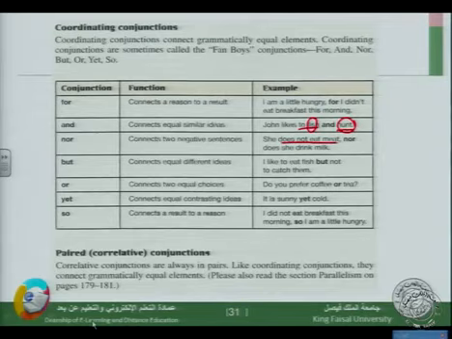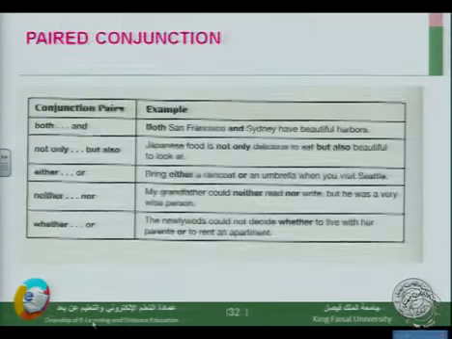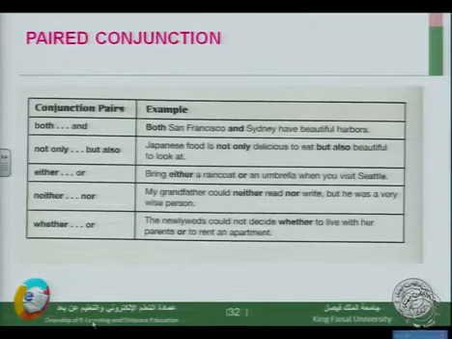She doesn't eat meat, nor does she drink. Doesn't eat. Notice here we have a clause and here we have a clause. Nor, therefore, is one of the coordinating conjunctions that joins the same structures together. Also, we have talked about the paired conjunctions: both and, not only but also, either or,